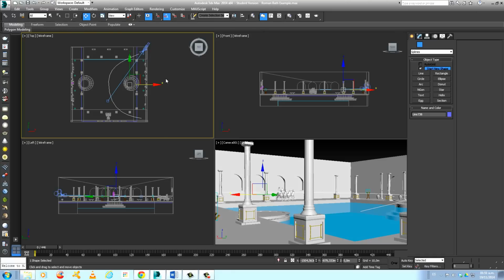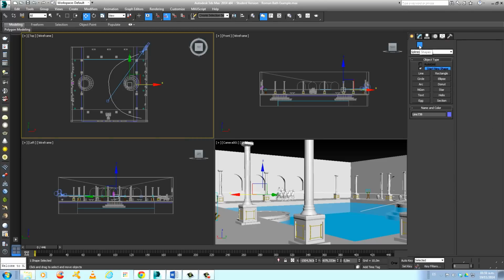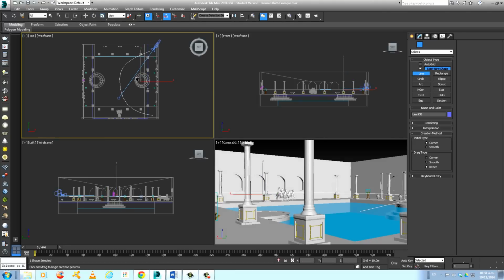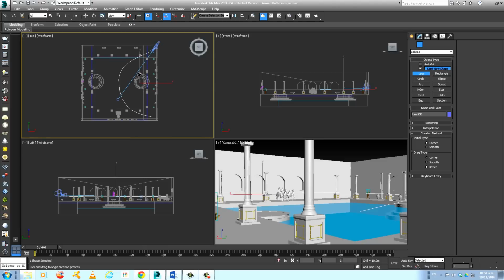After that, what we have to do is to make a second path for the target. So I use the same strategy, go to shapes, line, and make a second line. Before making that second line, I want you to please take your time thinking what you want to show. In my case, I want my camera to start pointing at this part, so I'm gonna make a click maybe right here,